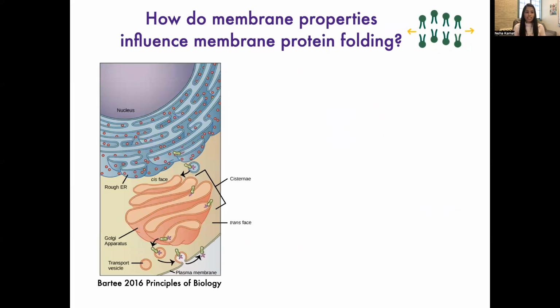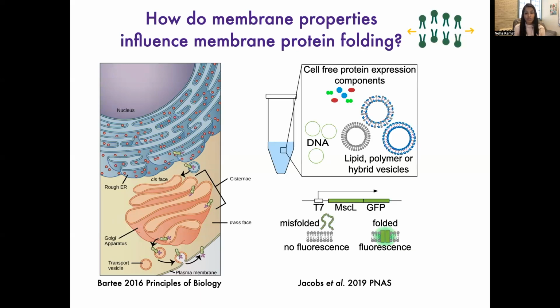An example of this is that we've been really curious about this phenomenon called protein folding, which we often think about in terms of soluble proteins, but there are a variety of membrane proteins that need to be folded properly in order for a cell to function. And one of the questions we've been asking is, how do the properties of membranes actually impact how efficiently a protein folds? To answer that question, we've been using cell-free systems where we take all the components we need to make a protein,